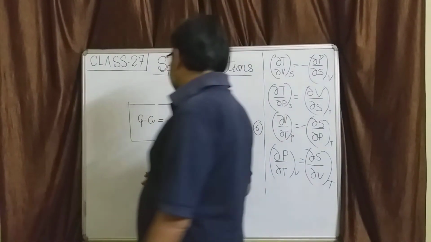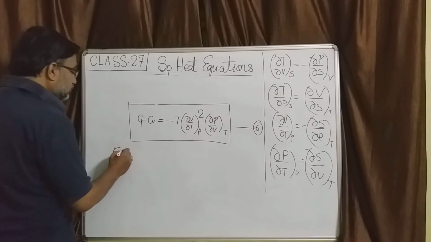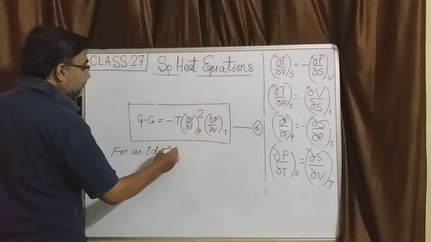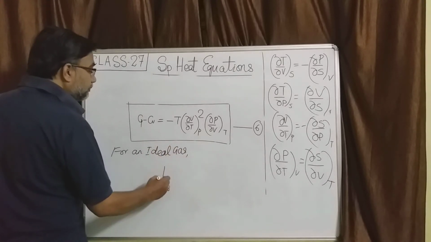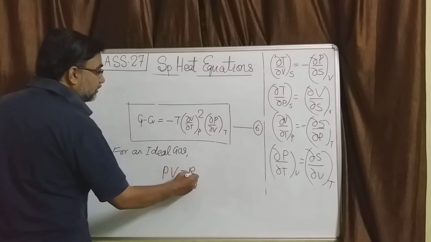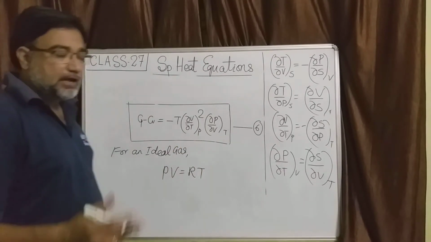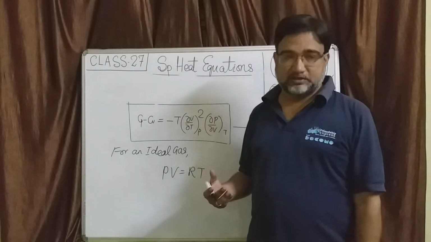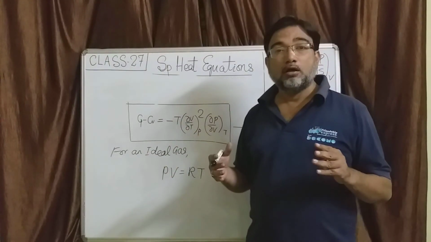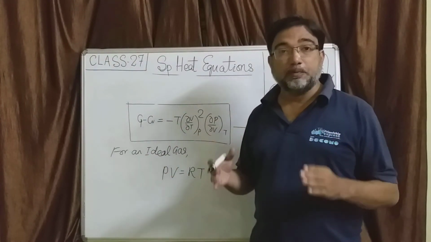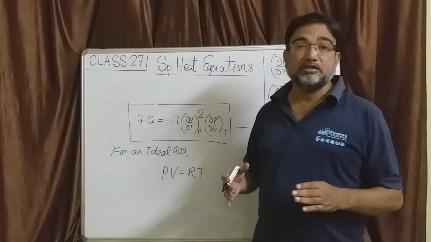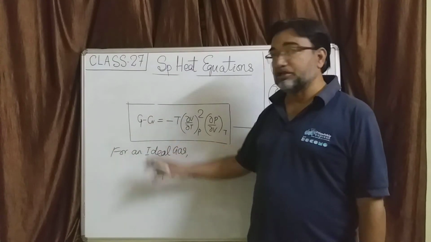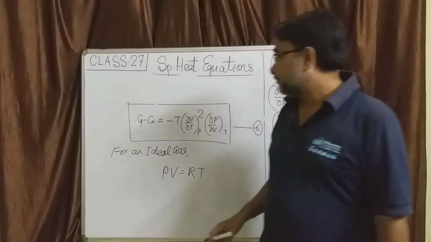Now look at this. For an ideal gas, this is very important. For an ideal gas, PV is equal to RT. I'm taking unit mass. So actually PV is equal to mRT, you know that, but we are taking it for unit mass. So these Cp, Cv are all specific heats for unit mass, mass specific heat, per kg. So PV is equal to RT. So find out your